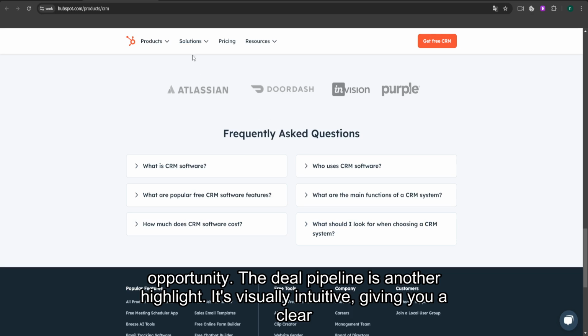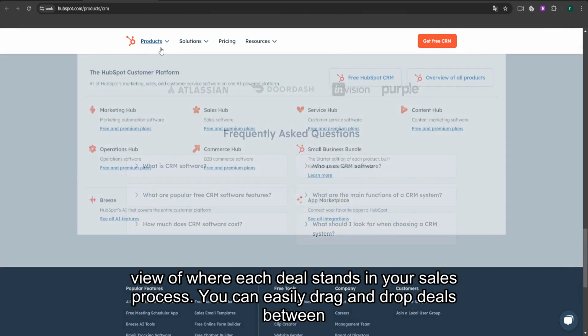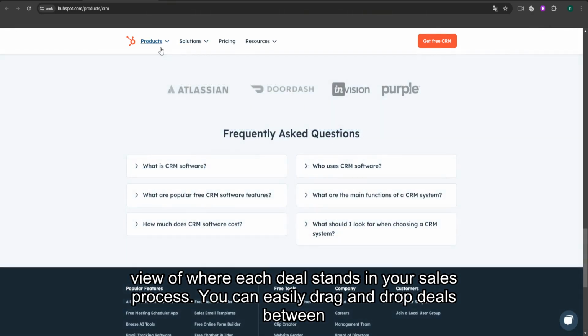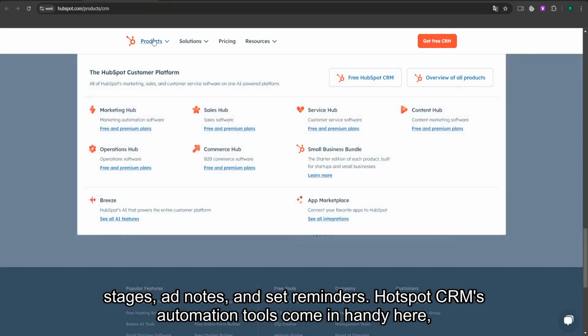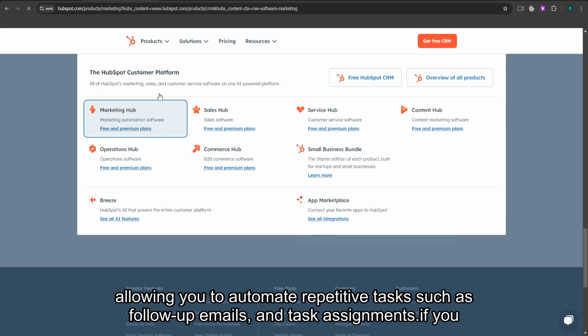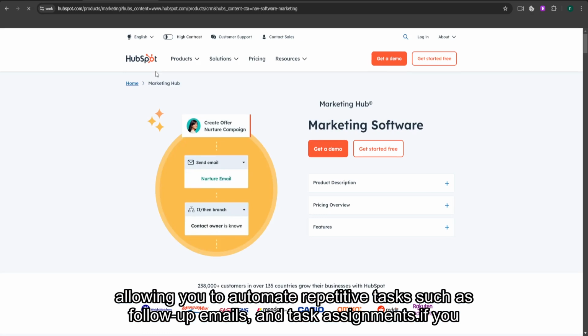It's visually intuitive, giving you a clear view of where each deal stands in your sales process. You can easily drag and drop deals between stages, add notes, and set reminders. HubSpot CRM's automation tools come in handy here, allowing you to automate repetitive tasks such as follow-up emails and task